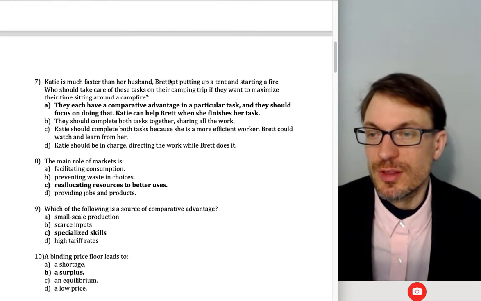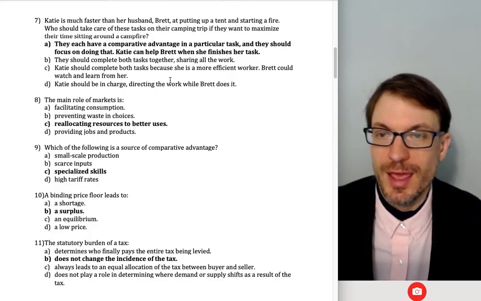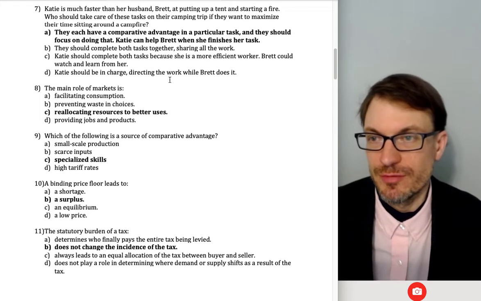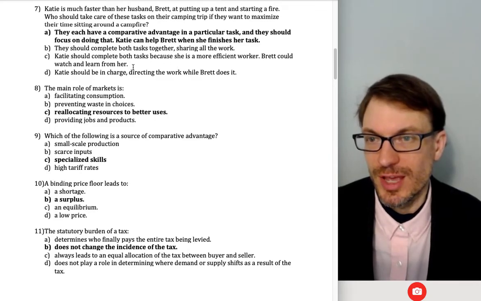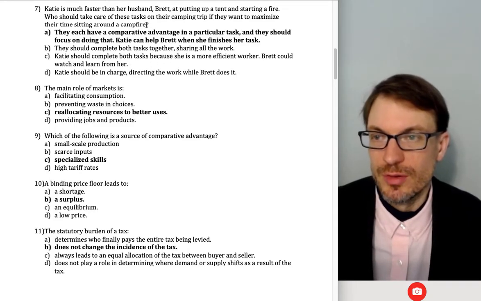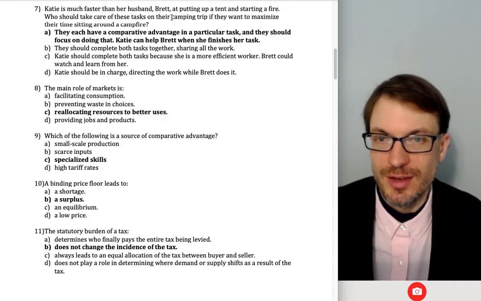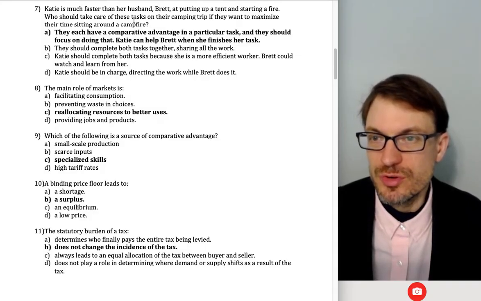Okay, so Katie is faster than her husband Brett at putting up a tent and starting a fire. Who should take care of these tasks on their camping trip if they want to maximize their time sitting around the campfire? Let's see, much faster at putting up the tent and starting a fire. So who should take care of these tasks? Well, we're assuming,